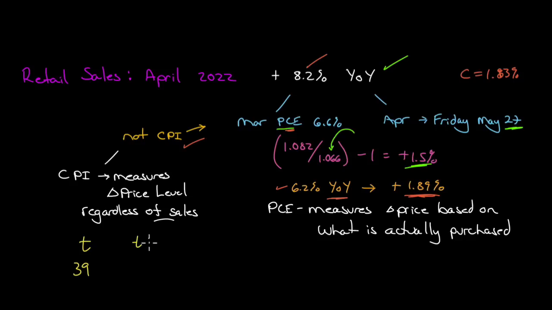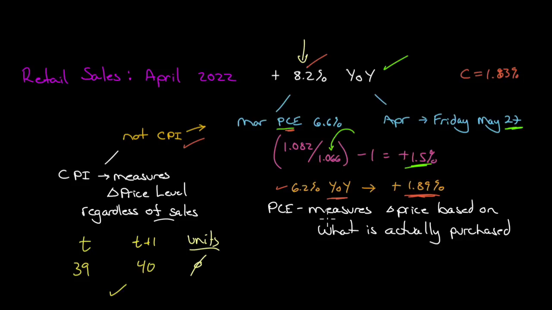Next month, they call that restaurant, they say, how much is that steak dinner? And they say $40. And they say, aha, there is evidence of inflation. But what if nobody bought it? Sure, the price is higher, but if nobody bought it, nobody actually experienced this inflation because nobody bought it. If you ask them, well, how many units did you sell? And if they say, well, we sold 0 units of it. Well, if you sold 0 units, that's nobody's inflation. Nobody paid that price. Nobody experienced it. And if you sold 0 units, it would not show up in retail sales.